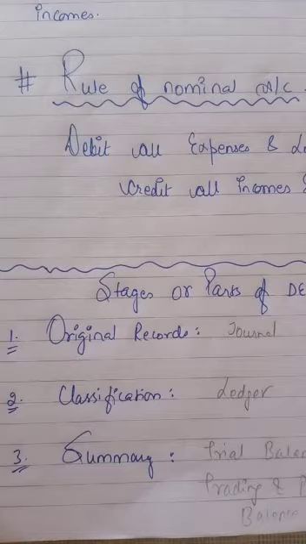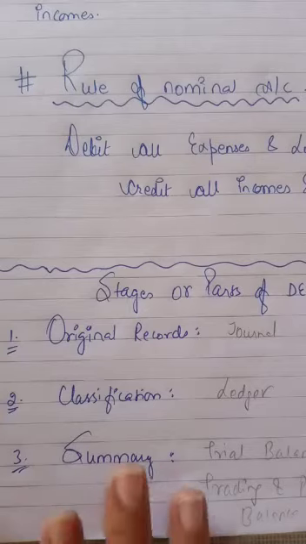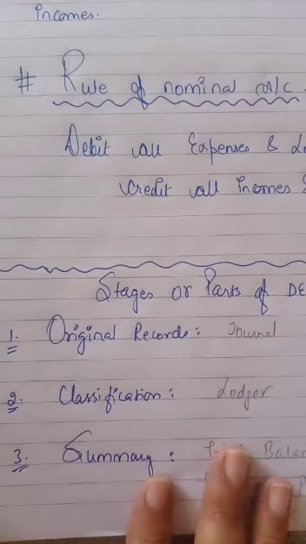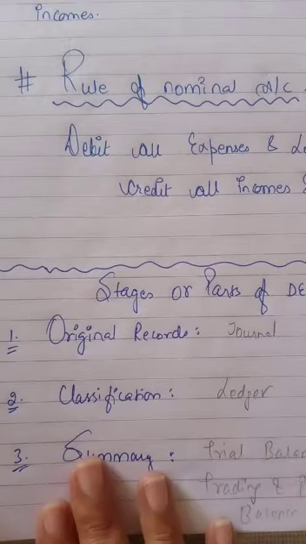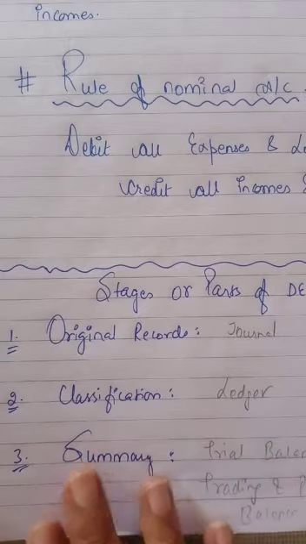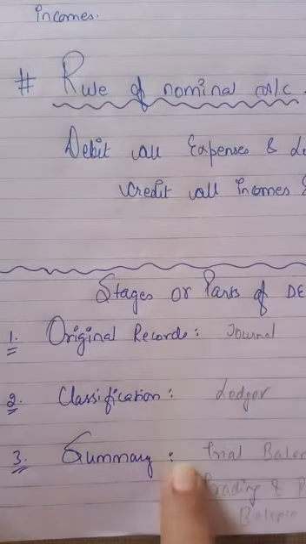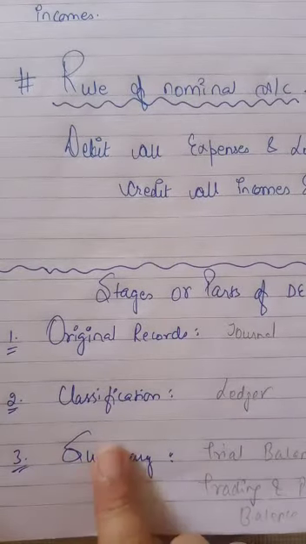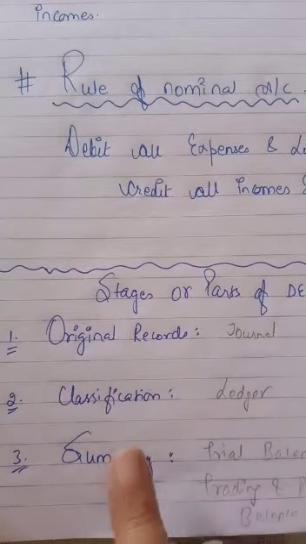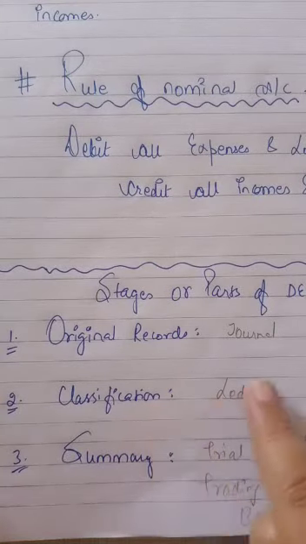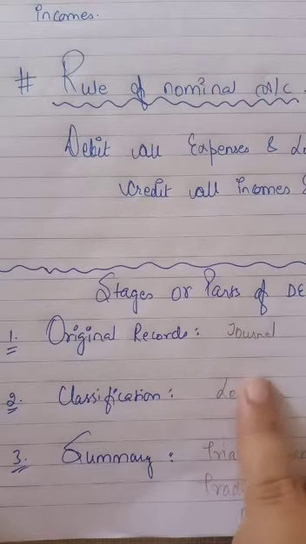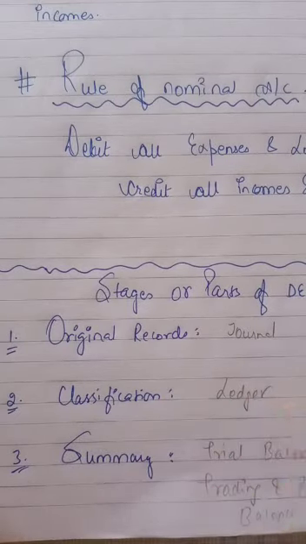When the business is a big one, the number of transactions is large. Journal is then subdivided into subsidiary books. This is another chapter. Then at second stage, we have to prepare ledger. That means classification of the entries. In journal we record all the transactions at one place, but in classification we have to bifurcate them. Means cash transactions will be recorded in cash account, sales in sales account, purchases in purchase account, and related to debtors and creditors, separate debtor account and creditor account.